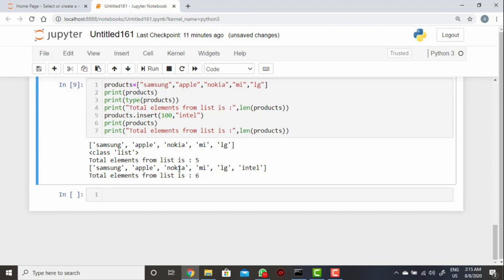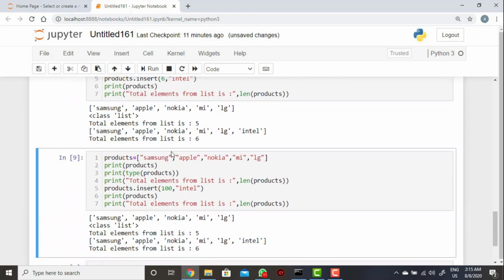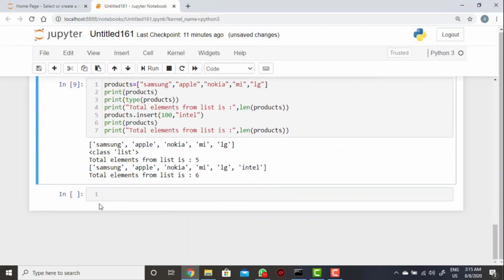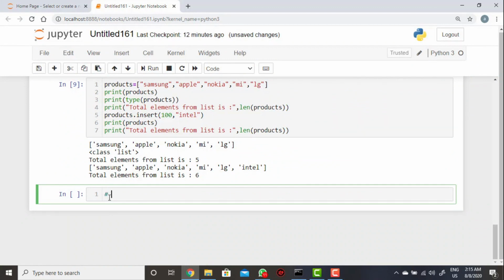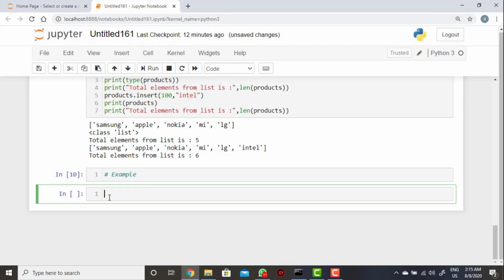Now you can take one more example. Same thing: color equal to red, blue, pink here.